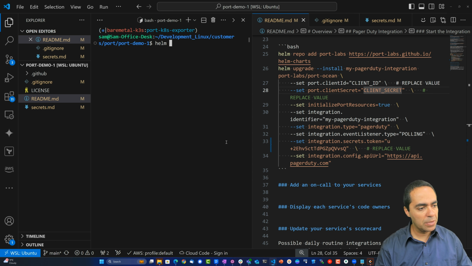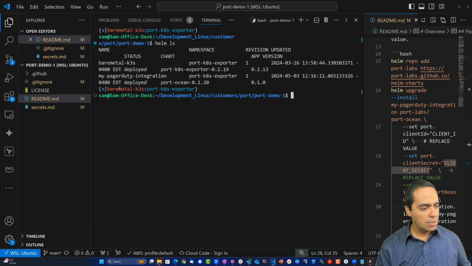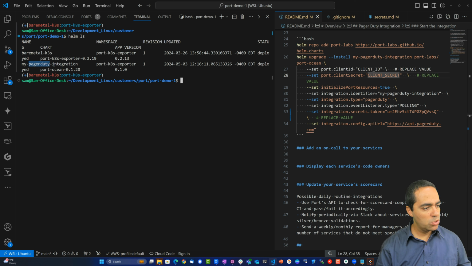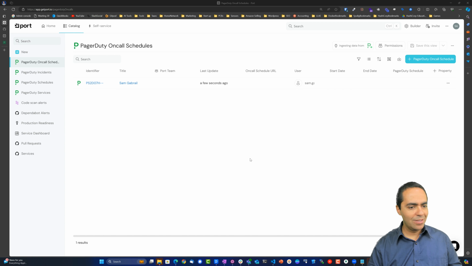If we run helm ls, you can see here, let's make this bigger, we've got our PagerDuty integration. Let's check the status of our pods. We have the pod running here. Everything looks good. Now that the installation is complete, we see a few items show up here in the catalog: